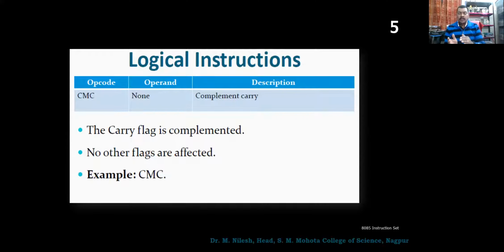So the first instruction that we are going to use is STC, and then we complement it. When we set the carry, it becomes 1, and when we complement the carry, it becomes 0. This is the procedure that we are going to use.